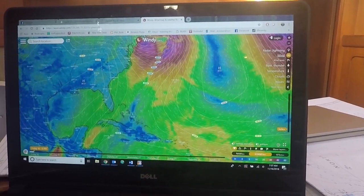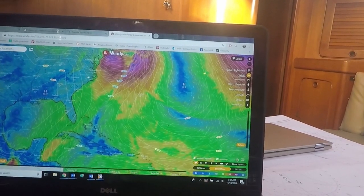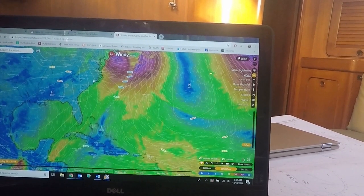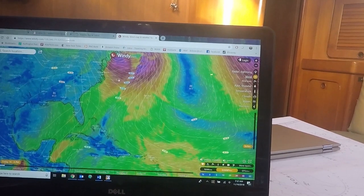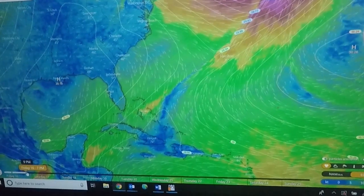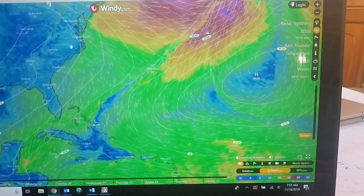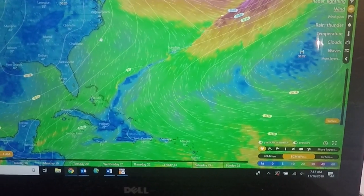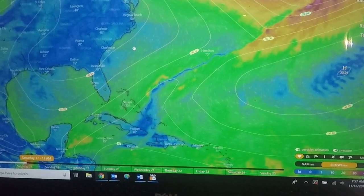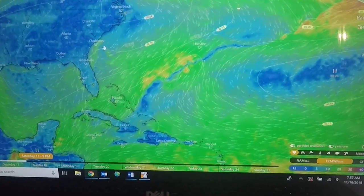This is today, and again, we're leaving from here. So the first day, we're actually motoring down the channel. We will not actually depart into the ocean until tonight, which will be around 8 p.m. So down here you'll see that's our marker. This is what it'll look like when we depart, nice and green. These winds are going to be pushing us off. We're going to head south, and by tomorrow we'll be crossing the Gulf Stream, which runs parallel to the coast